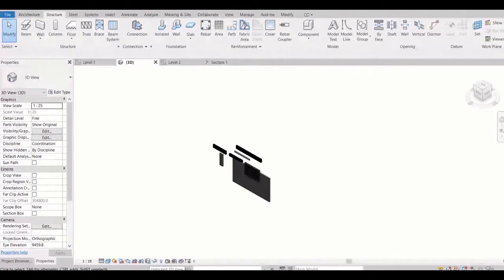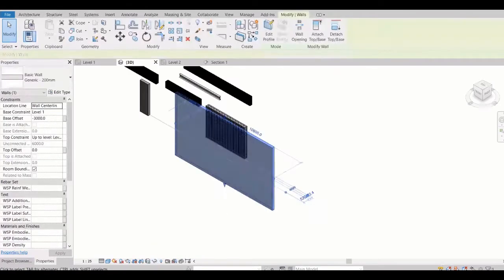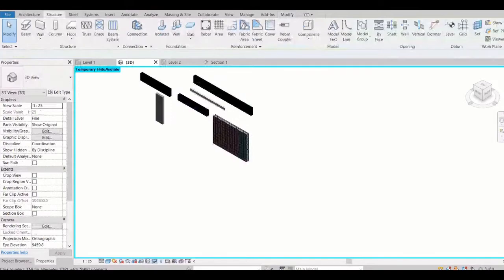And crop view, this is for lock. If you want to lock this view, it will lock, but normally we don't lock the normal 3D view. For that we should create a different view, right? And this is temporary hide. Suppose you don't want to see this element, you want to hide it, you can just go here and hide element, right?